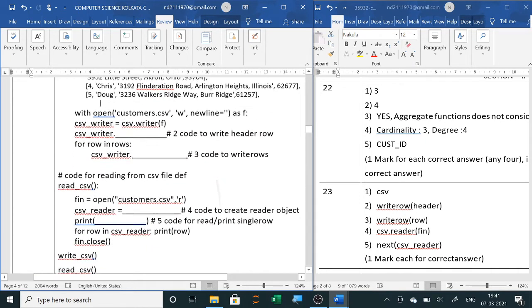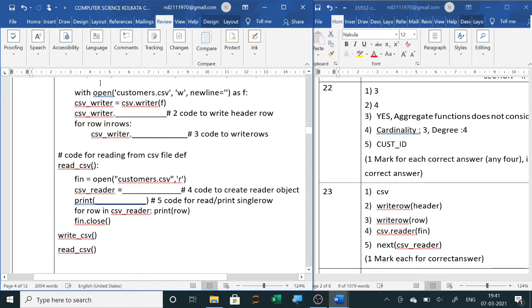Now the next one is to read. So here reader, fn, because fn is collecting everything after opening the file in read mode. The file object is fn. So here csv.reader(fn) will be there. The next is the code for read, print single row.